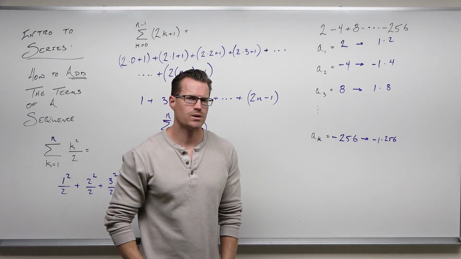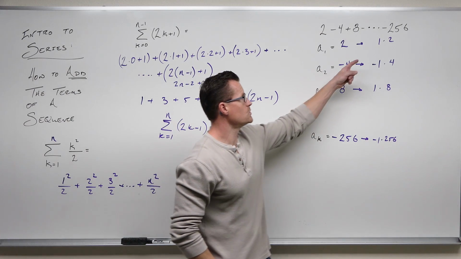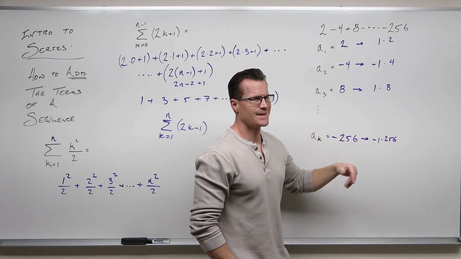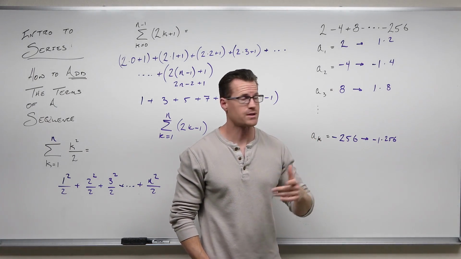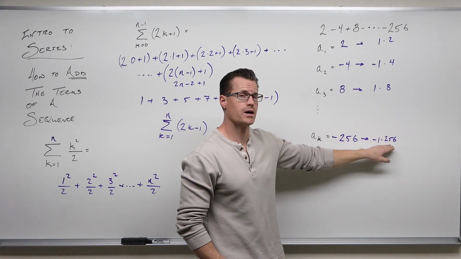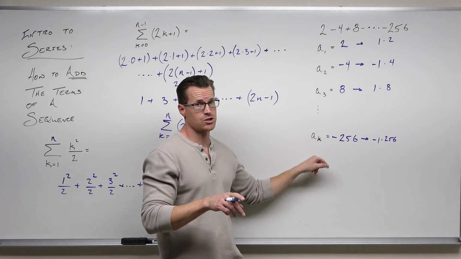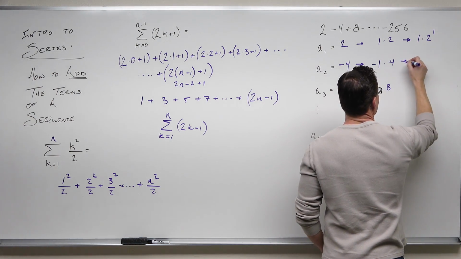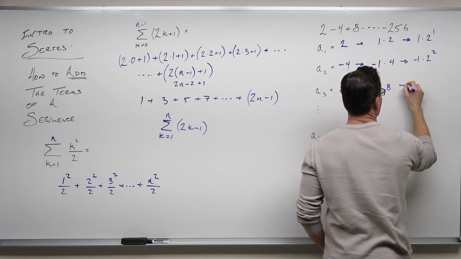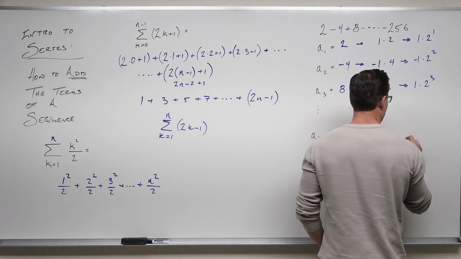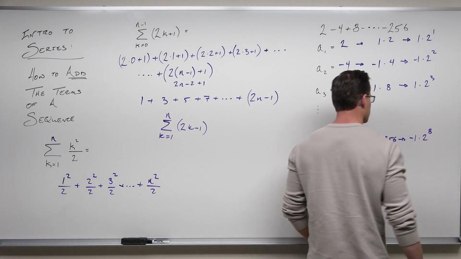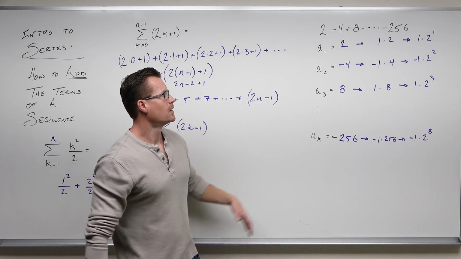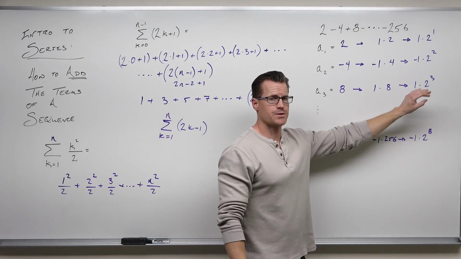Now, this is not even numbers, so it can't just be 2 times something, like 2 times 1, 2 times 2, 2 times 4, that doesn't work. But they are all powers of 2. So this is 2 to the first, 2 to the second, 2 to the third, 2 to the, you have to figure that out, but it will answer that question for you. So 2 to the first, 2 to the second, 2 to the third, 2 to the eighth. The next one will be a -1 times 2 to the fourth.